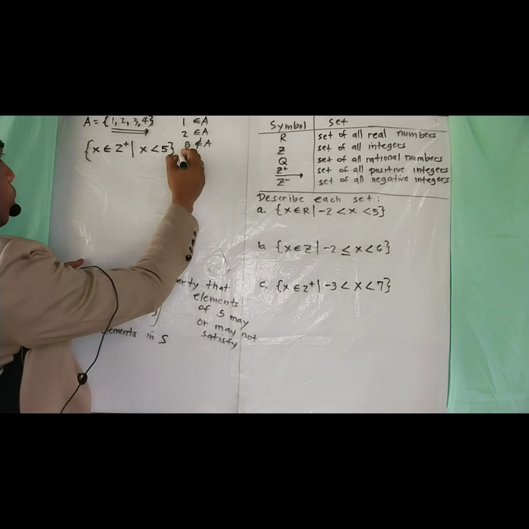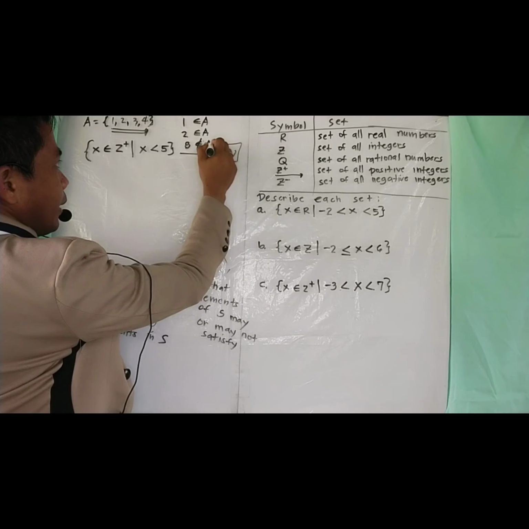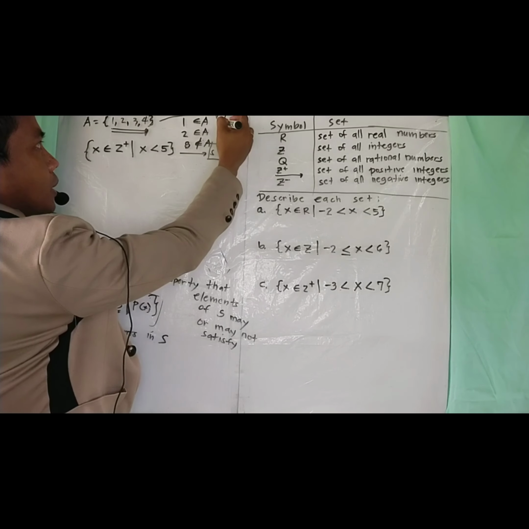So this is what we call set builder notation. That is a way of describing the set. This one is the roster method, where the elements are listed, while this one, the descriptor, is the set builder notation. As you can see, this can also be written in many ways. It can be like this: x is an element of the positive integers such that the condition is x